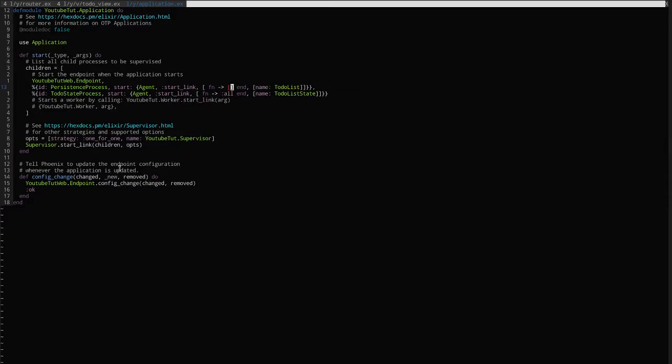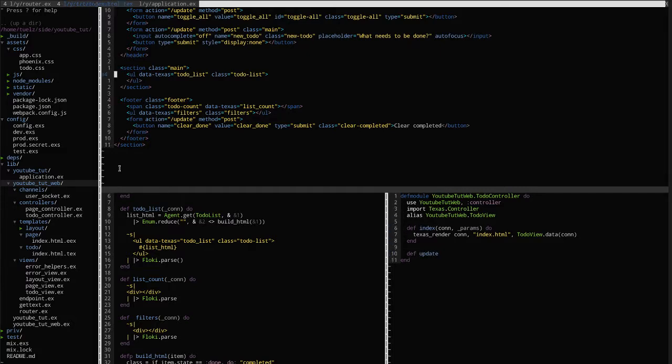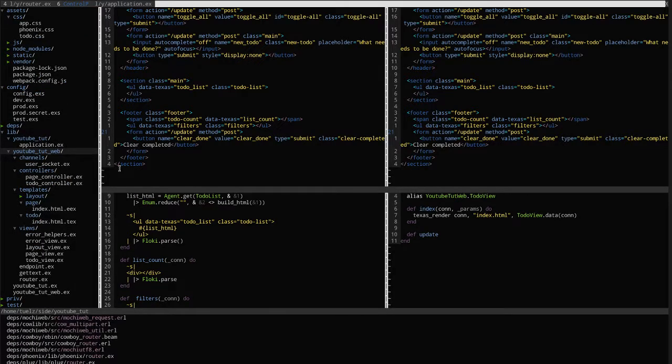Now we need to send some data to the server in order to update it and have it re-render its view, right? So let's go back to our controller, and let's just define some update. And where are my forms at? Okay, so you can see that since I pulled this template from the other project, I'm hitting the update with a post. So we also need to go to our router,